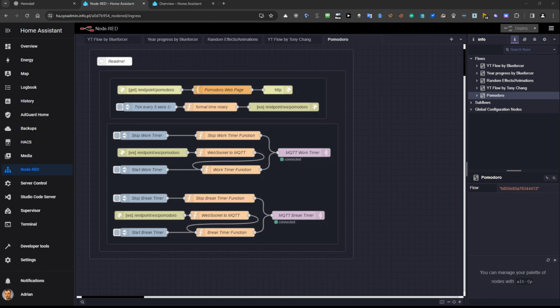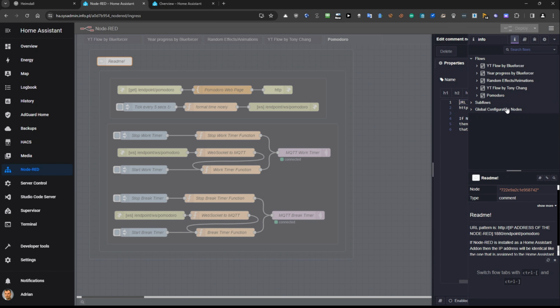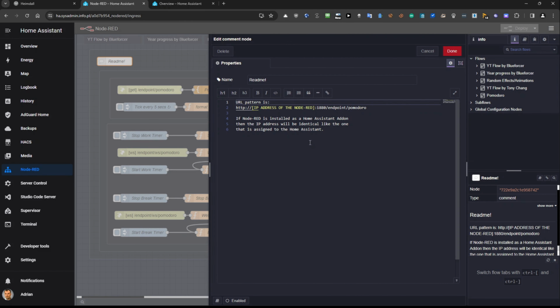But before we proceed, I would like to talk a little bit about it just because some parts are important. So first of all, here is the readme file, I'm in the comment actually, and here is the information how you can change the IP address. So you need to know the IP address of the Node-RED, right? And then there is a default port 1880 and